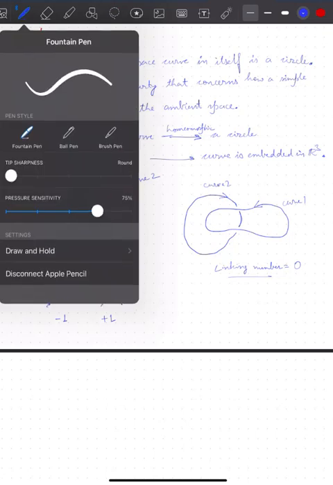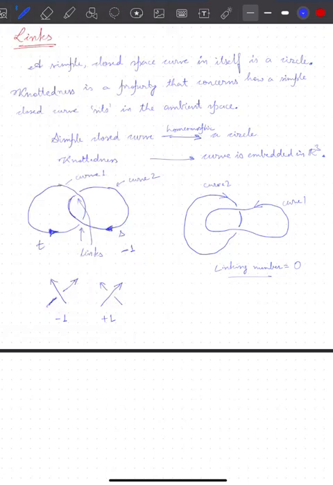And in this state, it is bottom to top from here, isn't it? So here also it's the same, so we have minus one here as well. So minus one, minus one. So the total is minus two. And the way we define linking number is